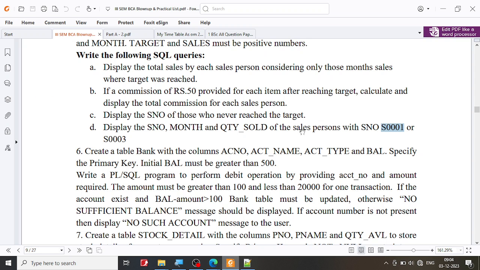So this is what they said. Display the details of serial number, month, quantity sold of the salesperson with the serial number 001 and 003. This is as simple as that. With that, we have achieved